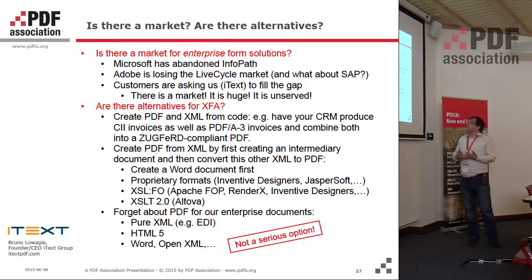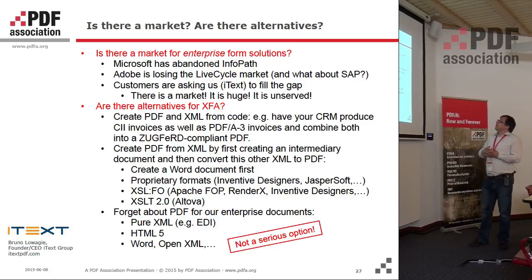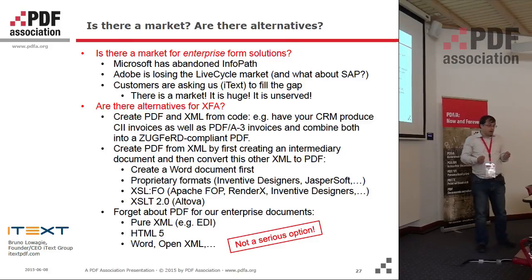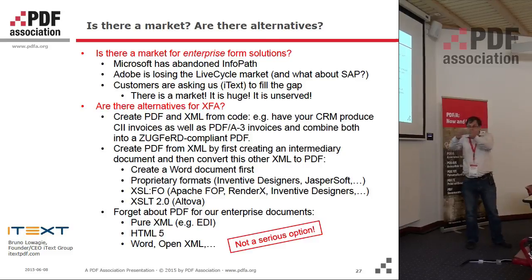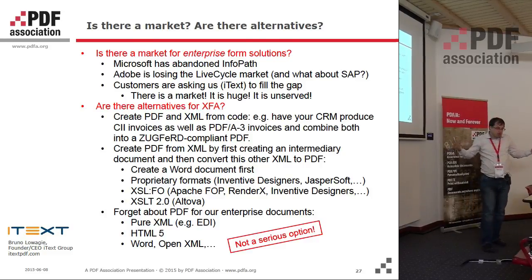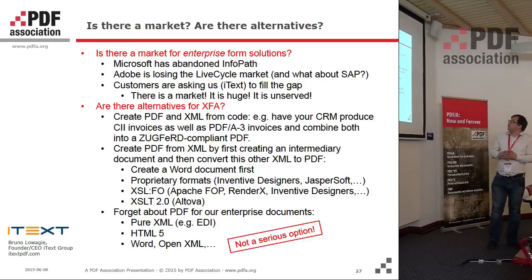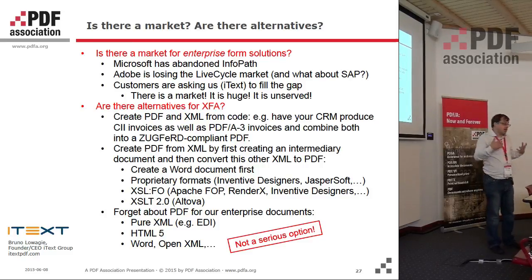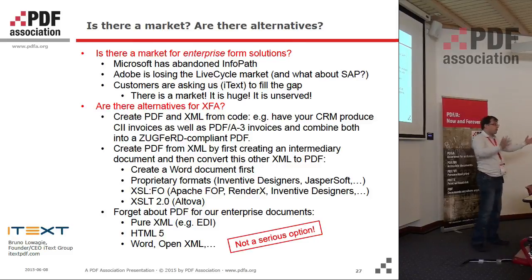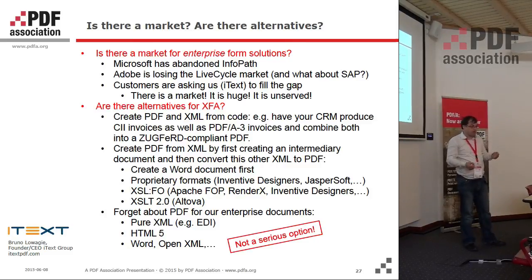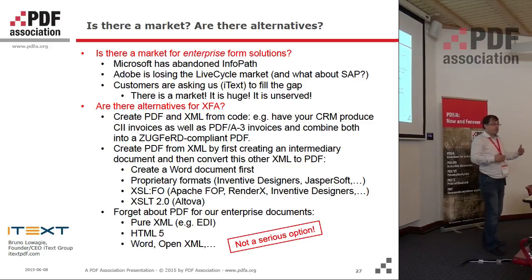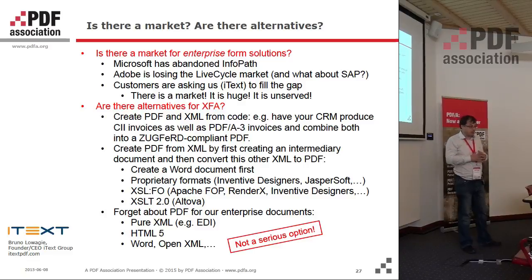Are there alternatives? Well, you could create PDF and XML from code. So for instance, in the case of ZUGFeRD, I'm working on a white paper where I have a database, and I create an XML from this database, and I create a PDF from this database, and then I combine them. That's an option. You can create a PDF from XML by first creating an intermediary document. For instance, you create a Word document first, and then you make the PDF. Or you create proprietary formats. So Inventive Designers has their format, Jaspersoft has their templating solution. Or you create,